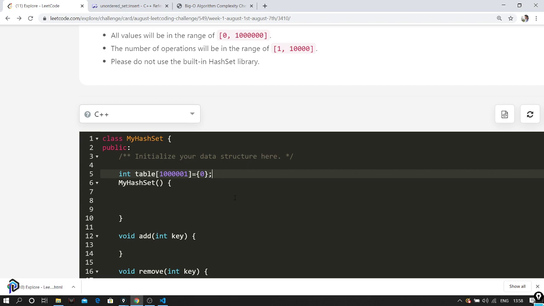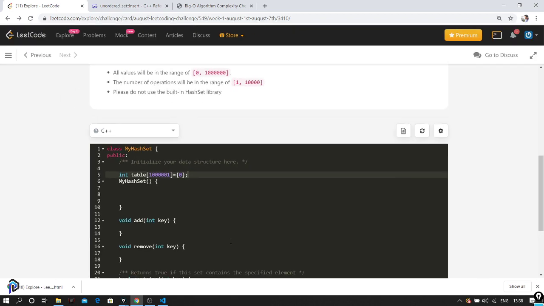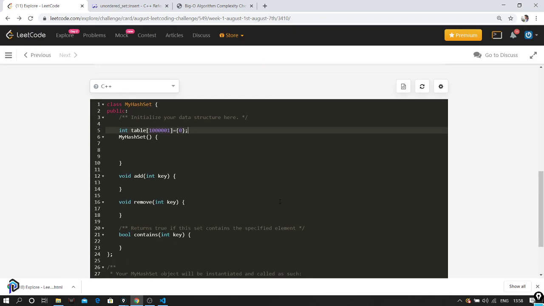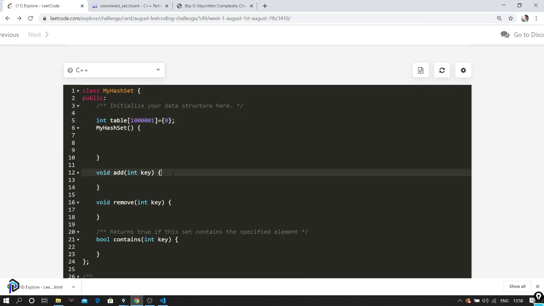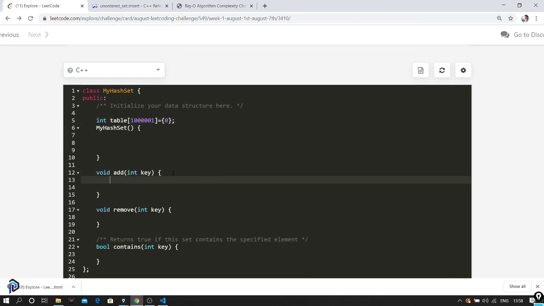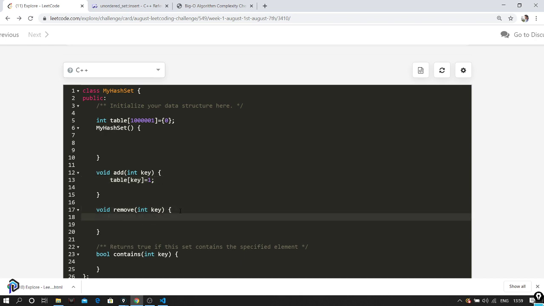Initially all the values should be 0. Then whenever a key is given, I will make that index of the array 1. Similarly, when they ask us to remove, I'll make table of key 0. Both these functions do not return anything.